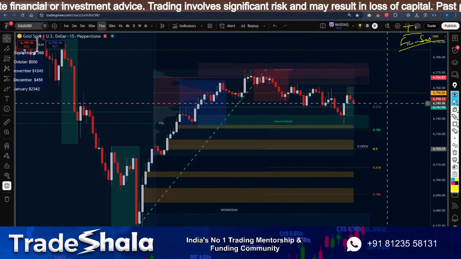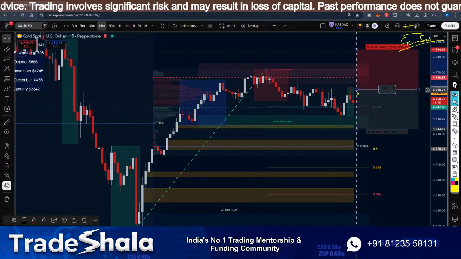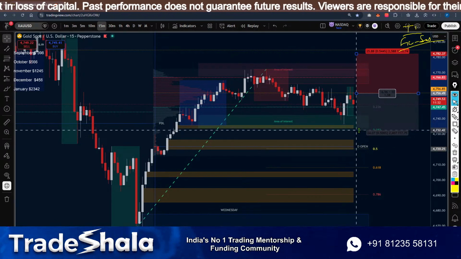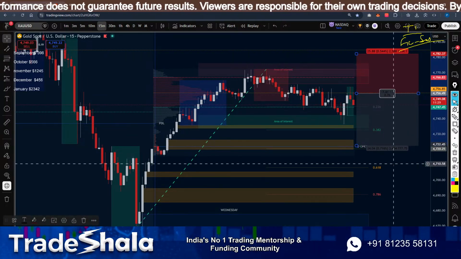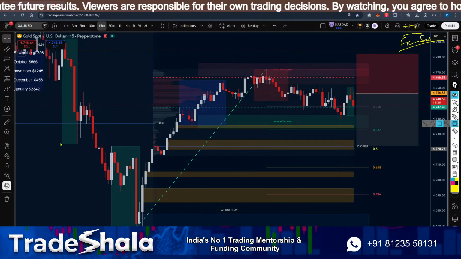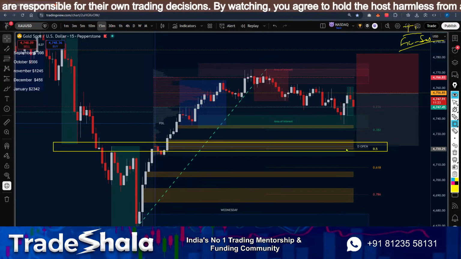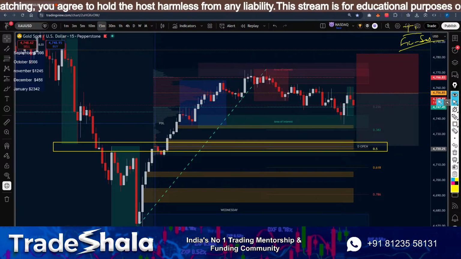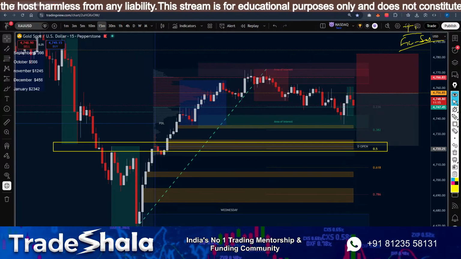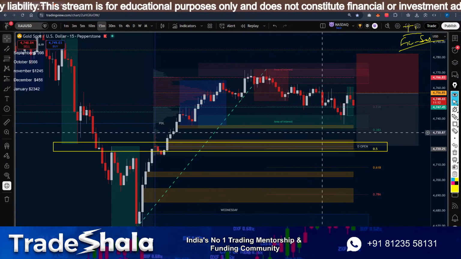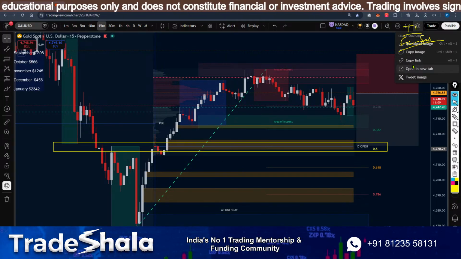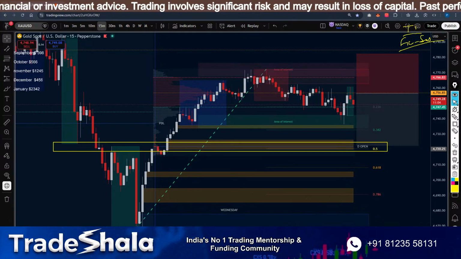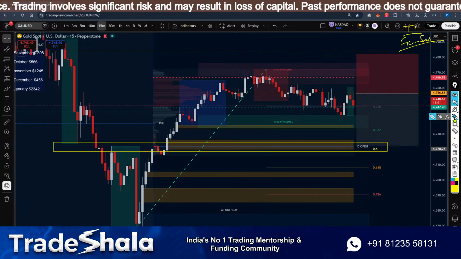All we are expecting is for it to sell, and we are going to target Asia low, probably till here. Yeah, this level is perfect, 50% of the range. Last time these levels acted as support and resistance. We are at the daily open, so I am going to sell right now, and I'm already sold on CME at current market price, and I'm expecting price to move down and come till there. So hopefully this works. Let's see.